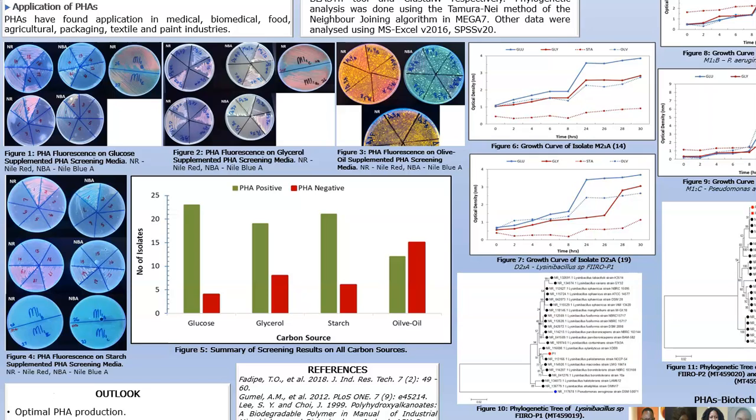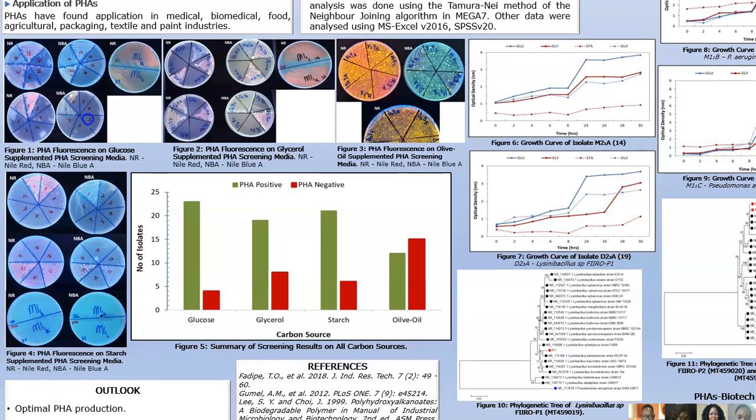The screening results are displayed in figure 1 to figure 4, that is 1, 2, 3, and 4. And we can observe fluorescence under UV light in all the plates for the isolates. 6 isolates were selected from this screening for further studies